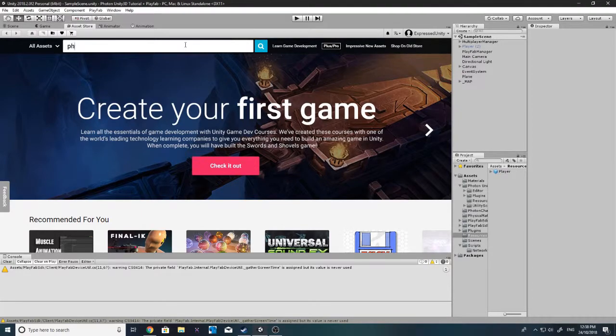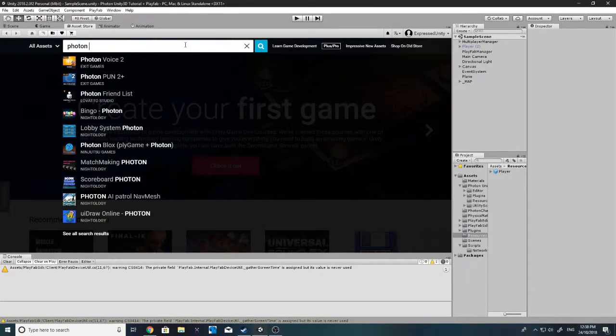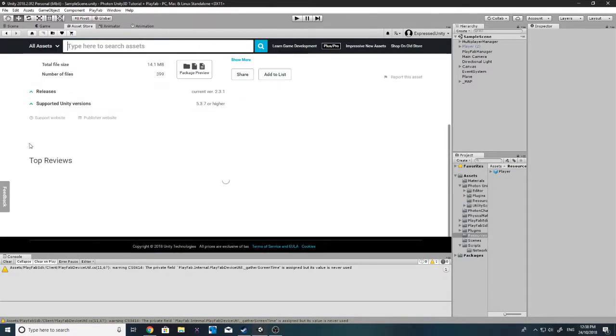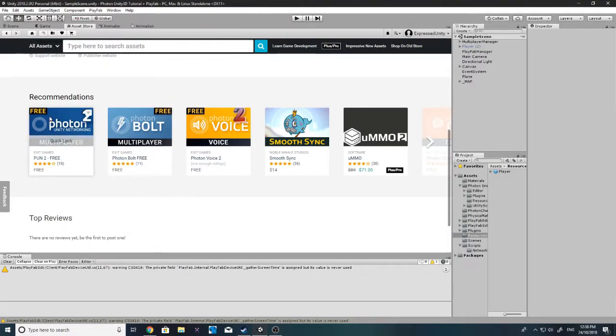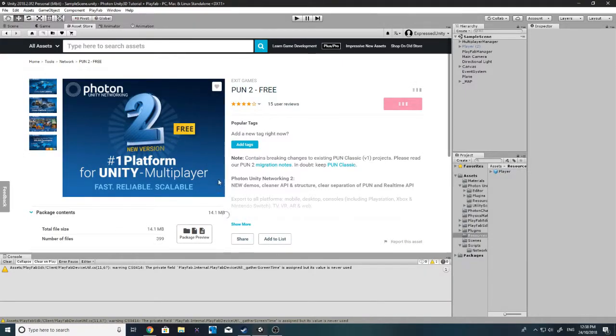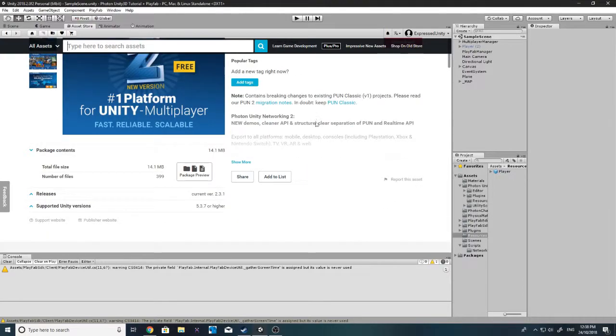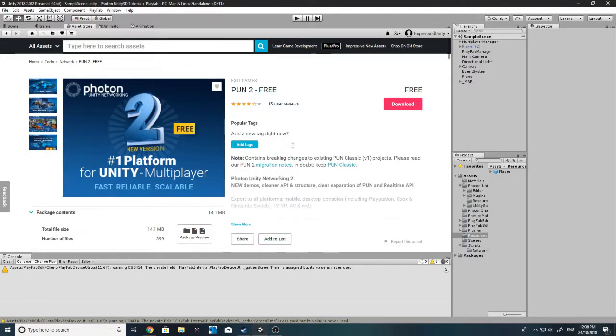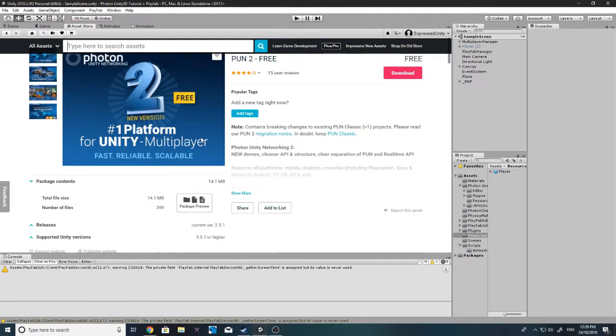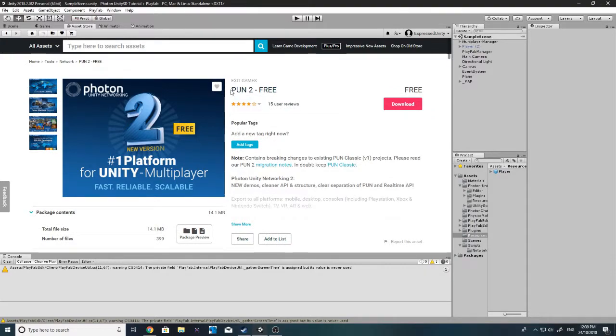Now, I've never used Photon Pun 2. I think this is the paid version. Let's see, here's the free one. So yeah, there's a new version of Photon, and while Photon 1 still exists and works just fine, I thought that maybe most of you would be more interested in using a later version of it. So we'll be learning what's new with Pun 2 together, because this will be the first time I'm ever